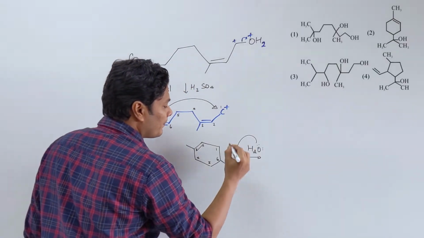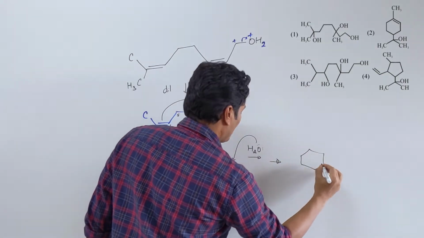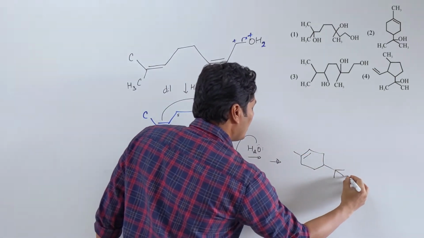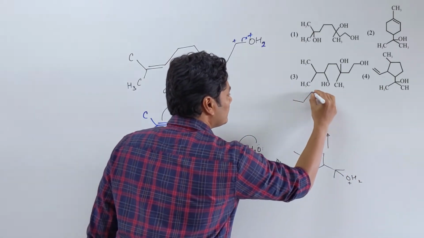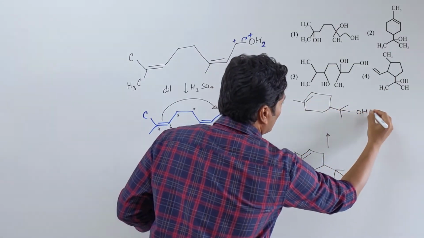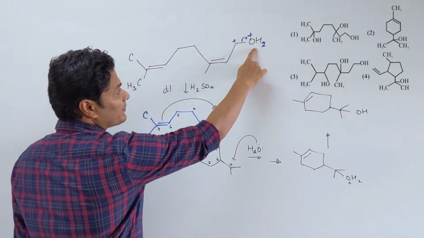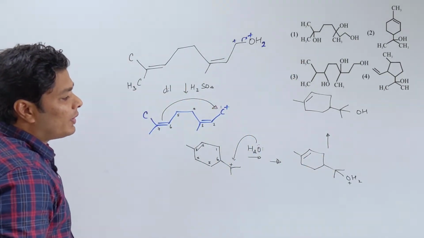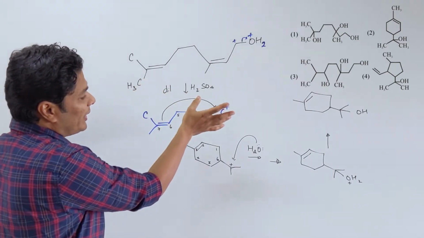OH2, giving you a double bond here, single bond here, and OH2 plus, which will end up giving you OH. The hydrogen is lost. So basically, I gain a hydrogen from this, and then this goes away, and again I get my OH in a different place right now. So what you have done is basically you have not taken any double bond away, you just rearranged it.